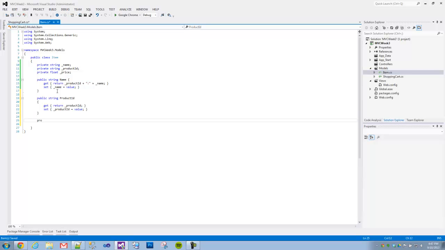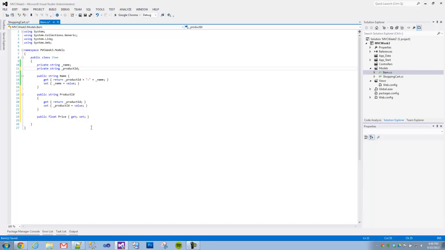And then there's actually a shorthand notation as well where you can do this. I typed prop double tab and that brought up this snippet for me. I can say this is a float and this float is the price. By doing that, I can actually drop this private field completely, and what C# does is it generates internal private